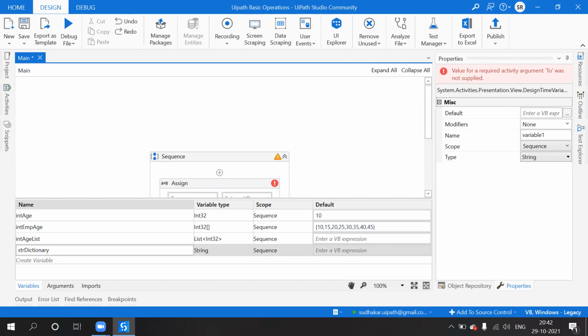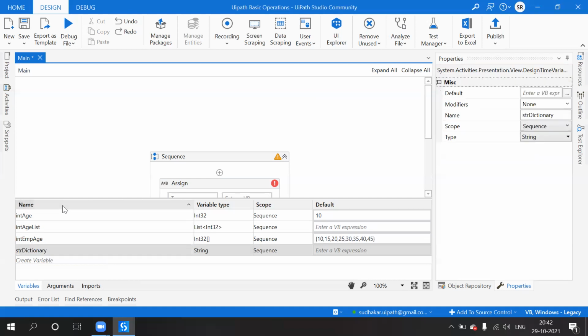And one more thing: what is a variable? A variable is used to hold a certain type of value inside the program.